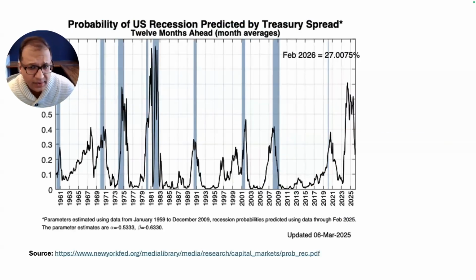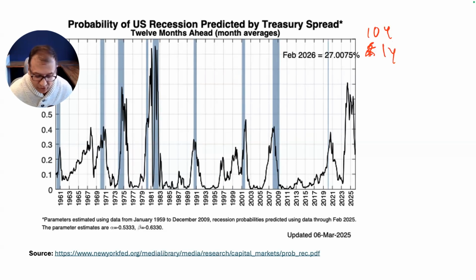So here's another chart that I have that shows the probability of recessions. And what is this chart? This chart is basically a difference between treasury yields, a long-term treasury yield and a short-term treasury yield. So I'll just give you the math so you understand what this means. You have the 10-year treasury yield and, I think, the 1-year treasury yield.